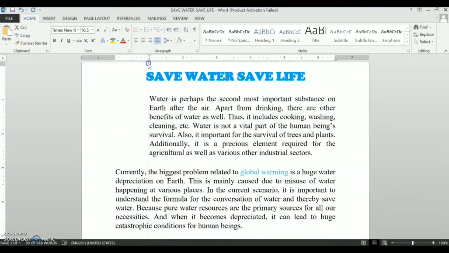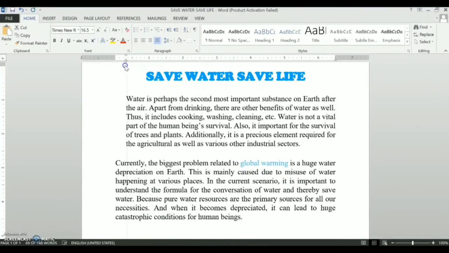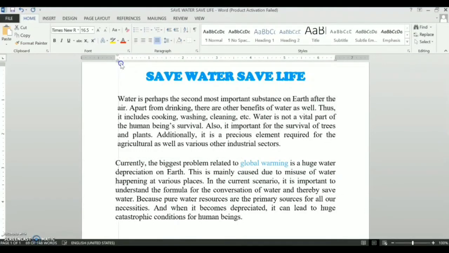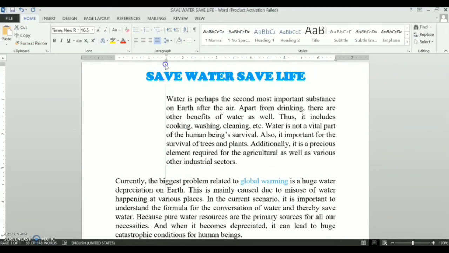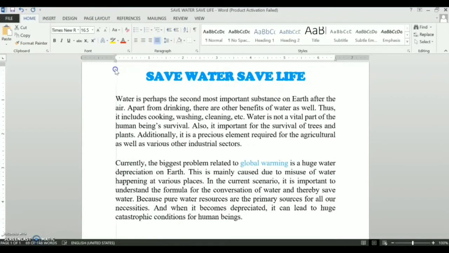You can also set the indents by the dragging method. See, I am dragging with the help of the mouse. Select the paragraph and drag the first line indent, left indent, right indent or hanging indent on the ruler bar. You have to simply drag and you can apply the indentation.